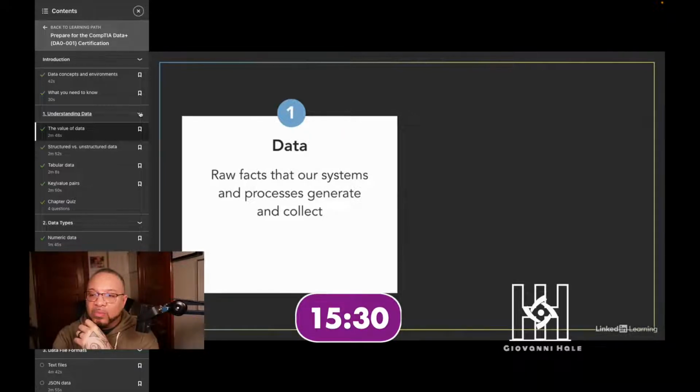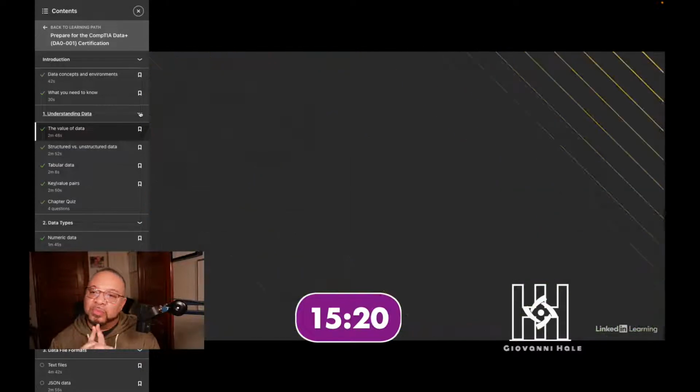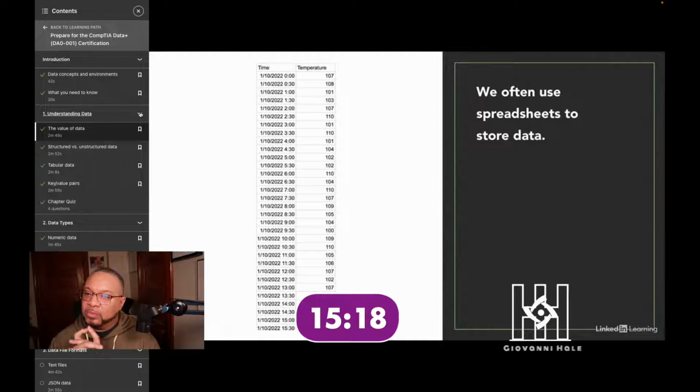For example, we might put a thermometer in our factory to monitor a piece of sensitive equipment. That thermometer might record a temperature reading every 10 minutes to determine the temperature inside of the equipment. The end result would be a spreadsheet or a database table containing all of the temperature recordings over time. Each one of these temperature readings is a fact, and all of this together is data. We have a spreadsheet providing data about the temperature readings of this equipment.